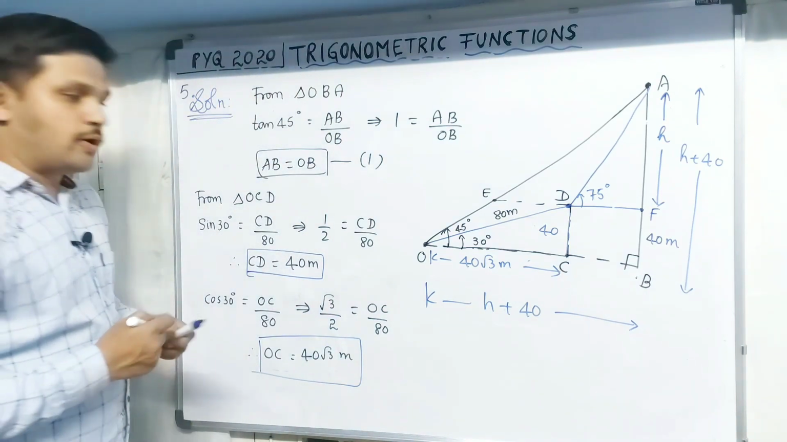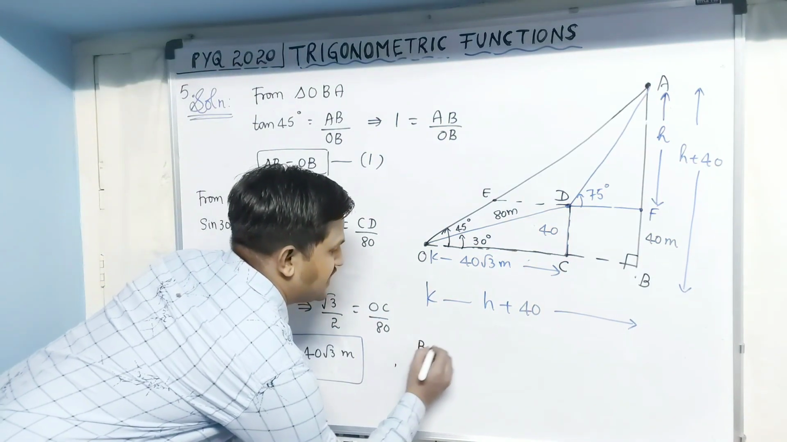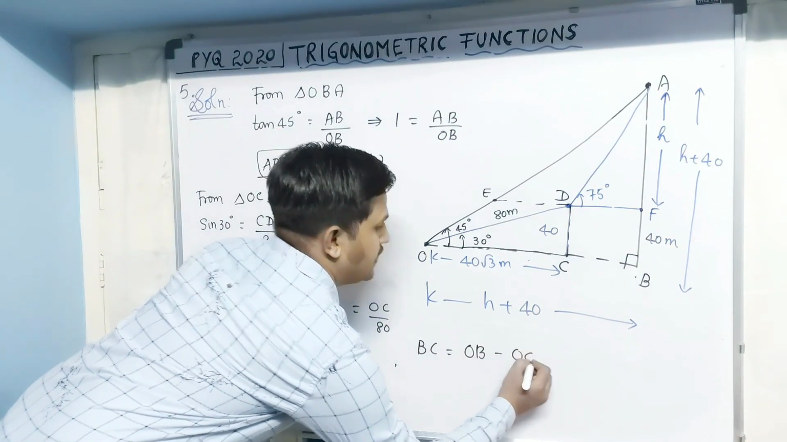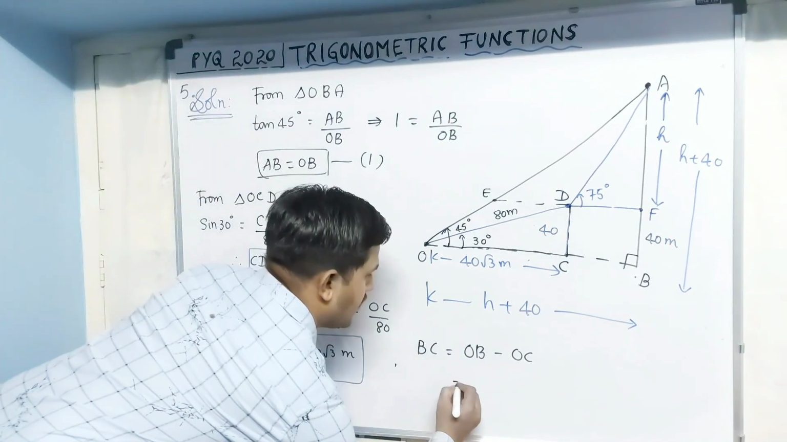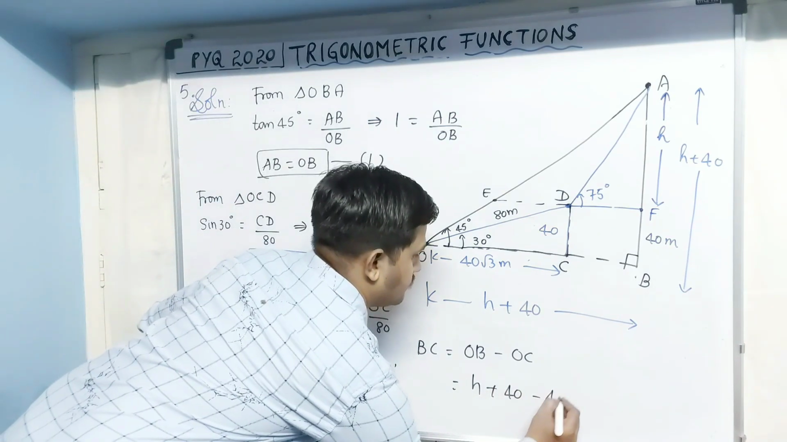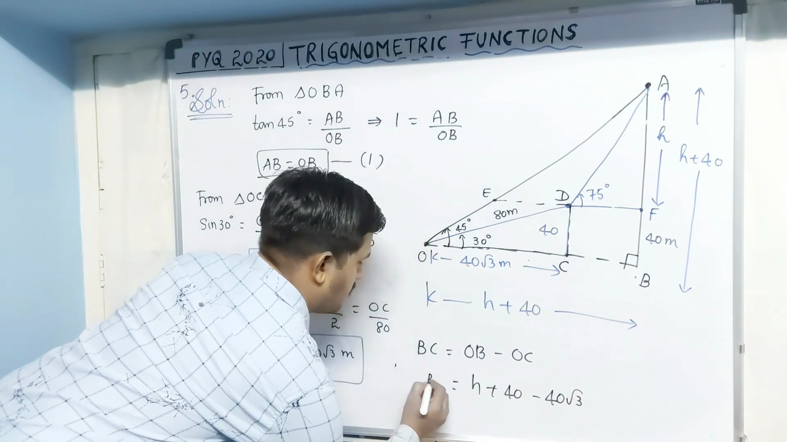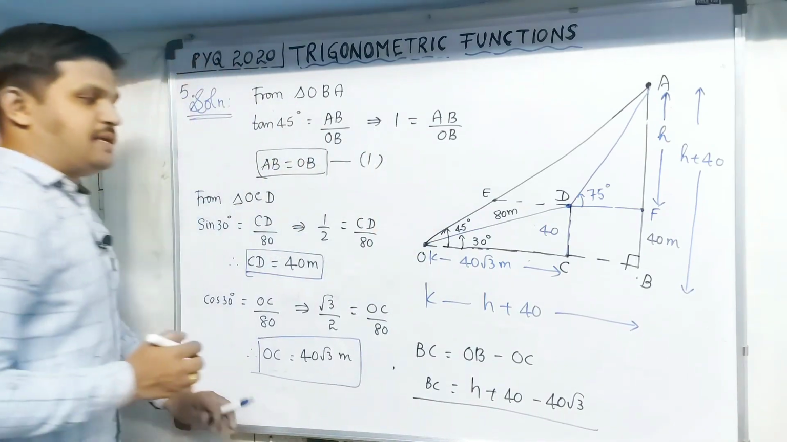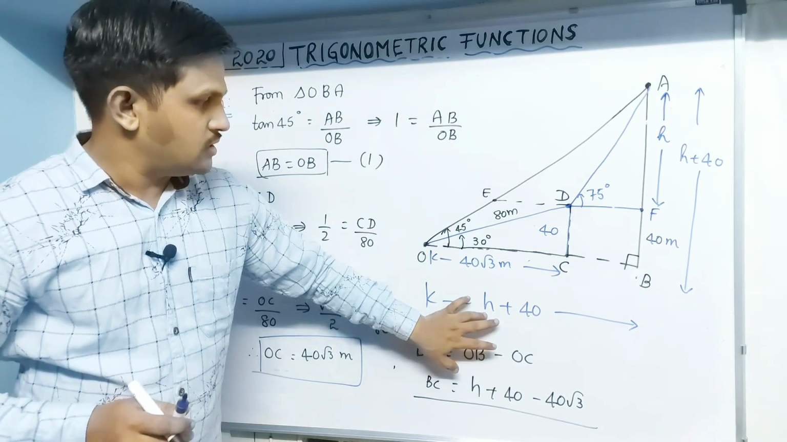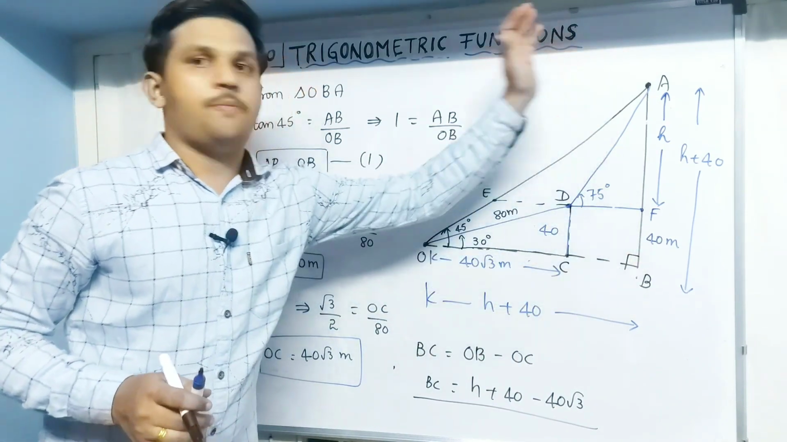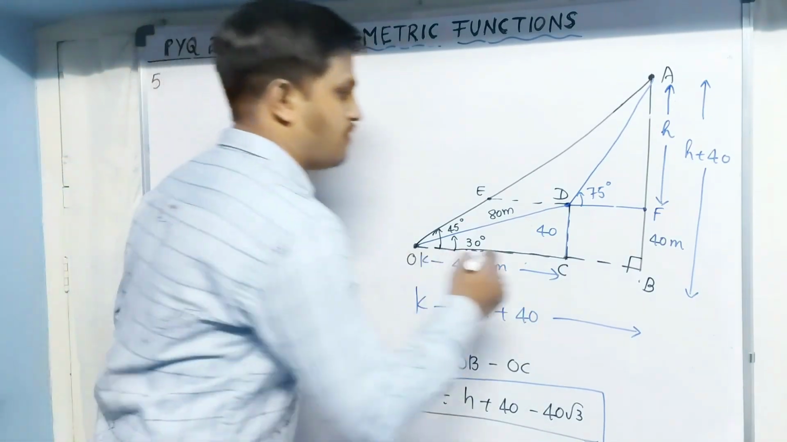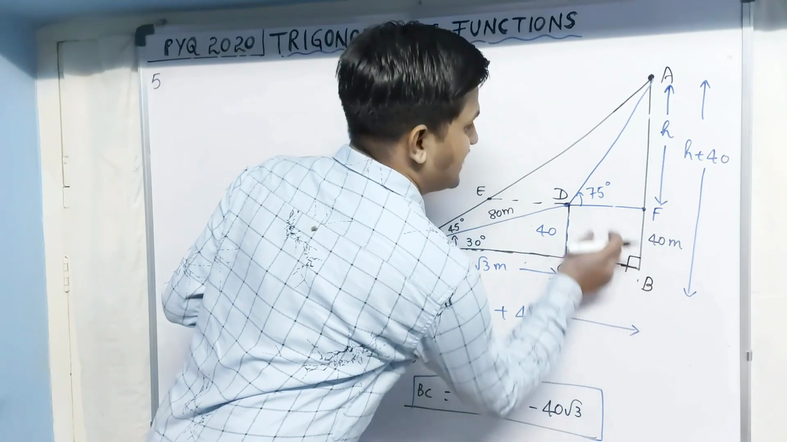So let us write down here only. The length BC is nothing but OB minus OC. So what is OB? h plus 40 minus 40 root 3. So hope it is clear up to here. Because I need the length BC, I need the length OC. So now if we get the value of h, we know what is the top of the hill. Okay, so now we got the length BC, which is very required, because the length BC is nothing but